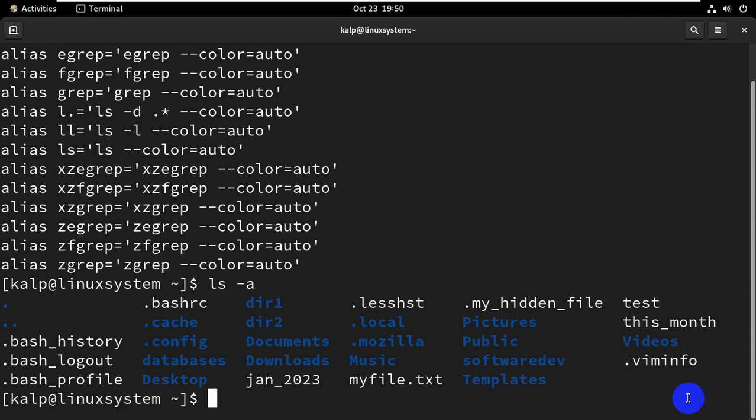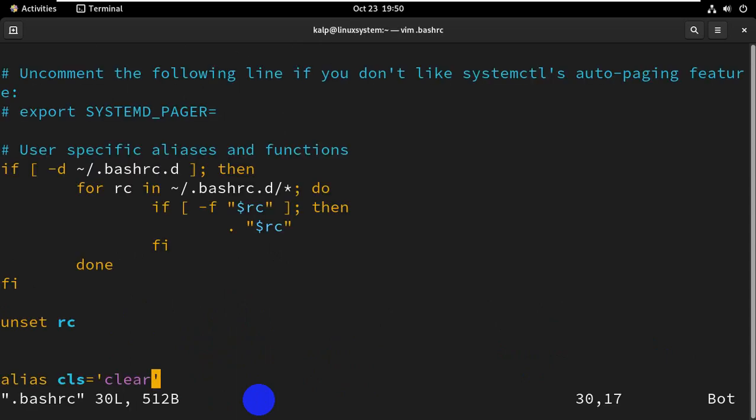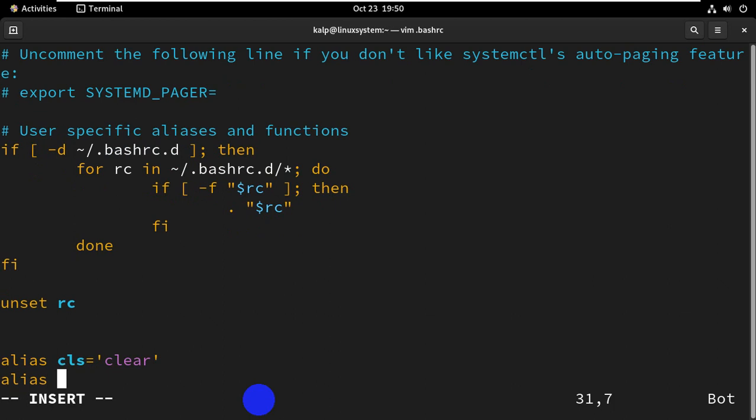Okay, so if you see here, we have a .bashrc file, and if you need to make an entry over there, so clear, vim .bashrc, and if I go to insert mode, if I go down below, and I say another alias as read equals cat,